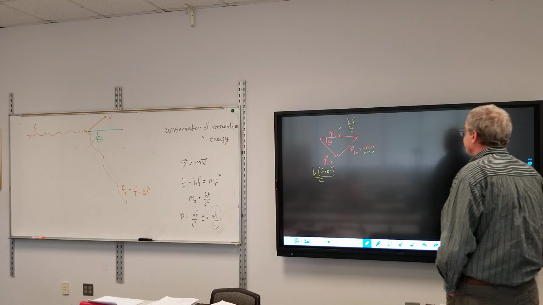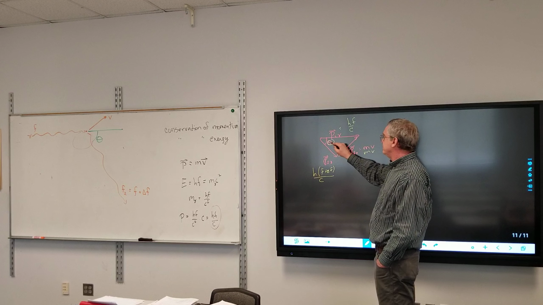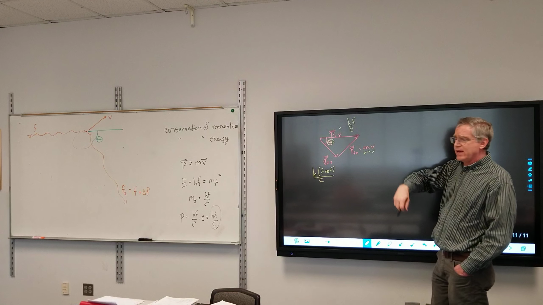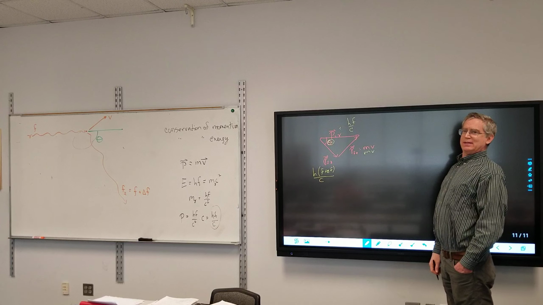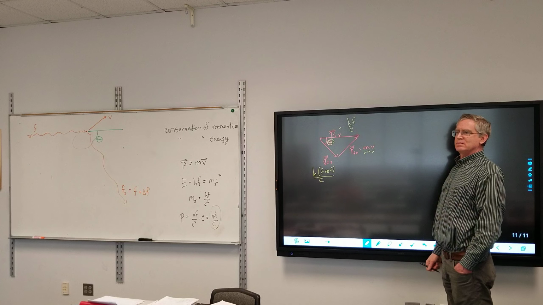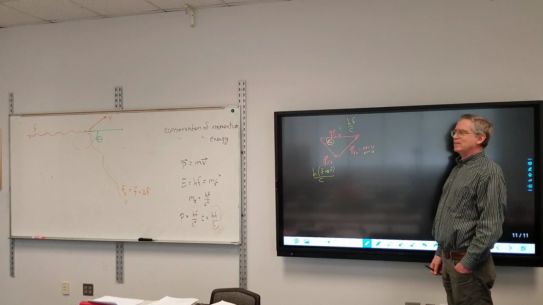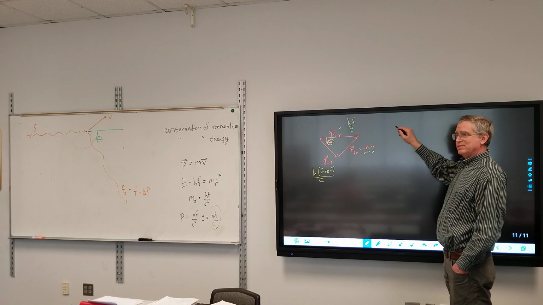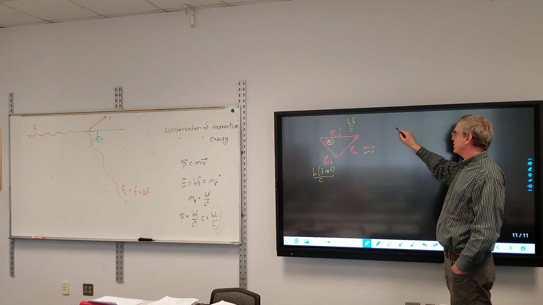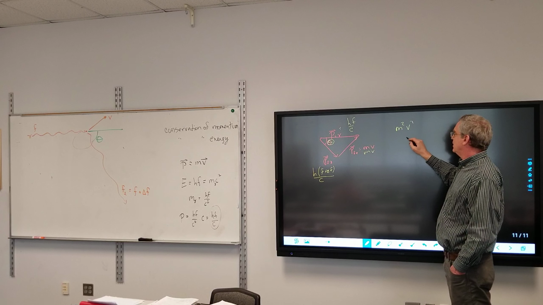All right, I have a triangle here, with an angle theta. What is the relationship between my sides and the angle? Cosines. Yep. All right, so if I plug in the law of cosines, I'll start you out. m squared v squared, the mass of the electron, equals